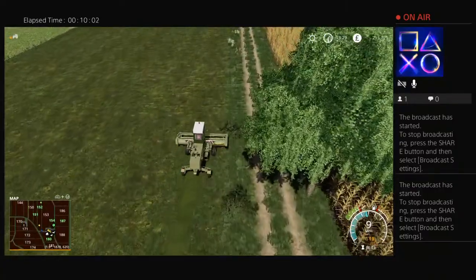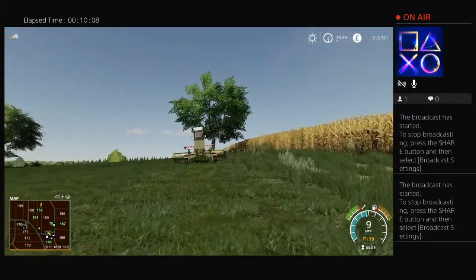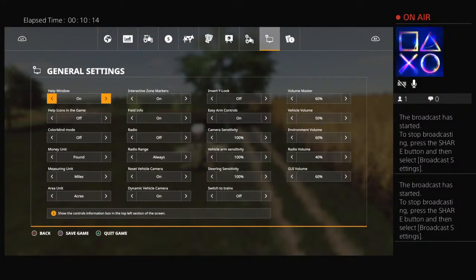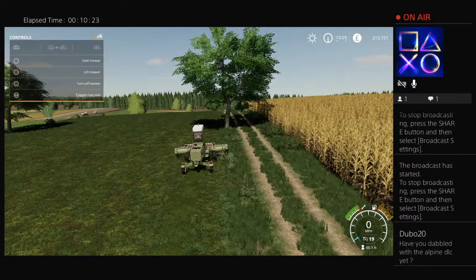Let's take this. Say it's not going to yield very much because that is leaving grass on the floor, isn't it? Does that need to go right? Let's get rid of that. Apologies. I'm going to turn that on. Lift mower, fold mower. Doesn't seem to be